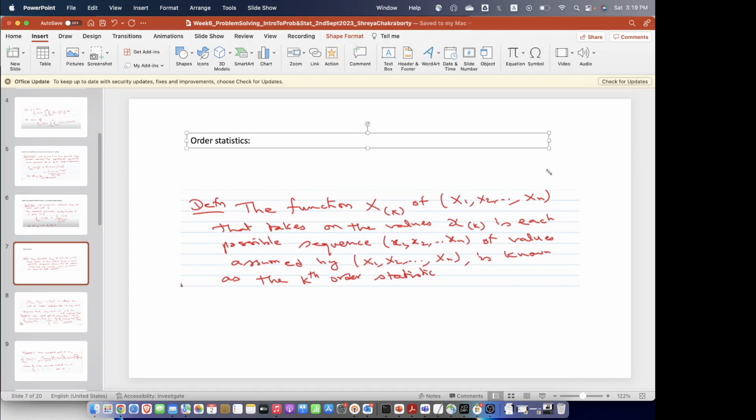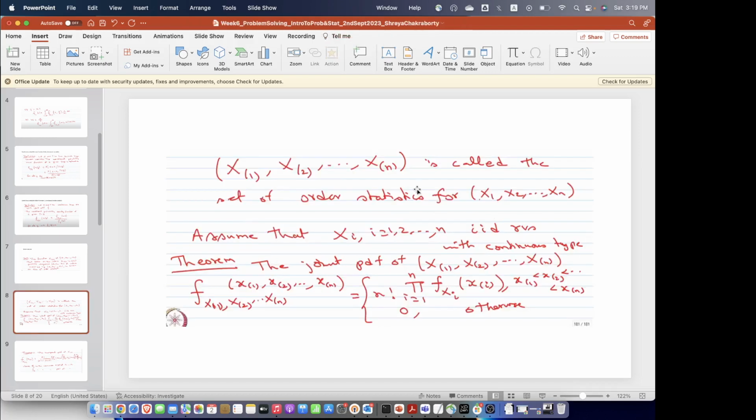We arrange the values of X in ascending or descending order, usually in ascending order. So then the kth value is known as the kth order statistic. And then we also learned that if we have, let's say, n random variables, and those n random variables are